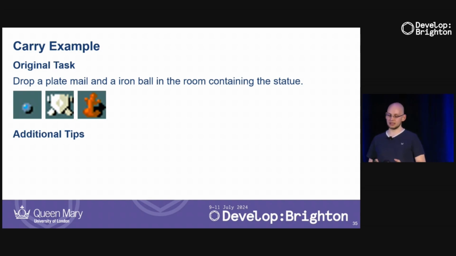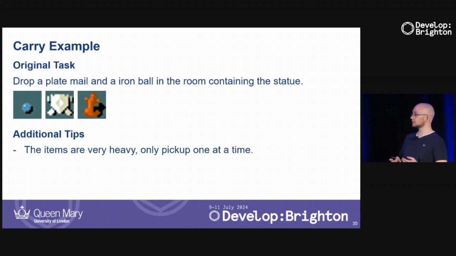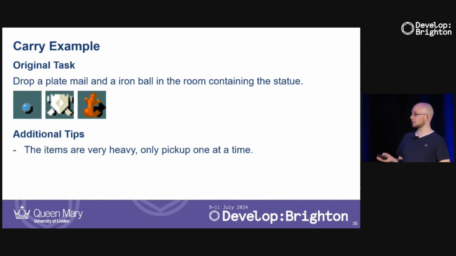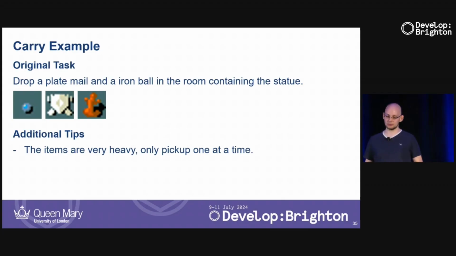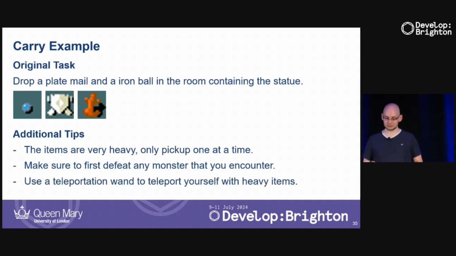And this is a very vague task. It's not very easy to understand what the LLM should actually do. So I also have another example where I give it more tips, such as the 2 items that I'm asking it to carry are very heavy. If you carry them both, it's very likely you're going to get overburdened and you're going to get very slow. The moment a monster finds you, it's probably going to get a lot of attacks on you. So please only pick up one at a time. Also make sure that the moment you encounter monsters, defeat them immediately, because you're carrying heavy items. So it's going to be very tricky to fight or try to outrun those monsters.